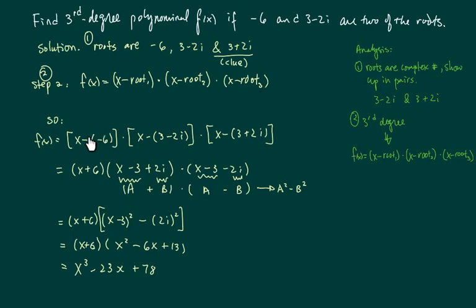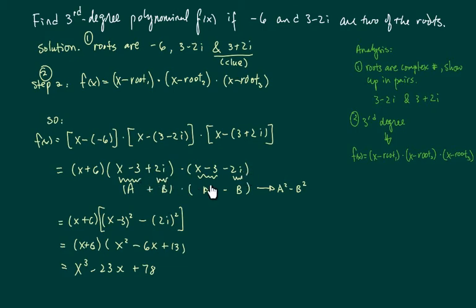Now, what you need to be careful about is to put it in this form exactly. It's x minus the root. A lot of students say, well, this is x minus 6. No, it's x minus the root, which is minus 6, and that becomes x plus 6. Same thing for the two conjugate pairs.